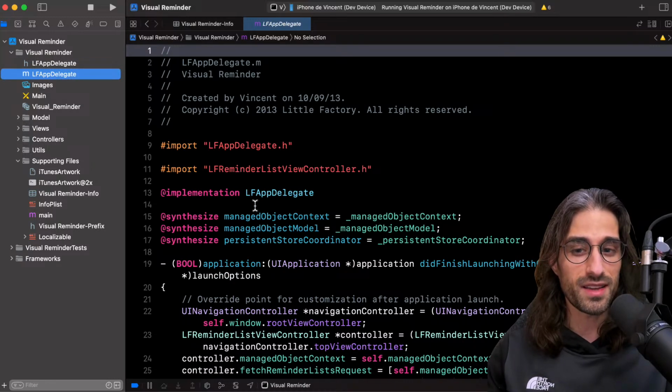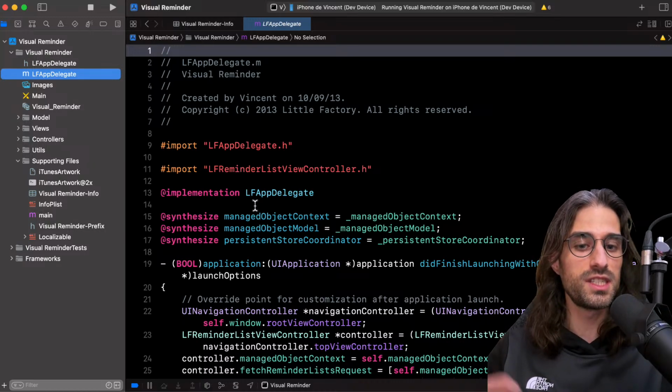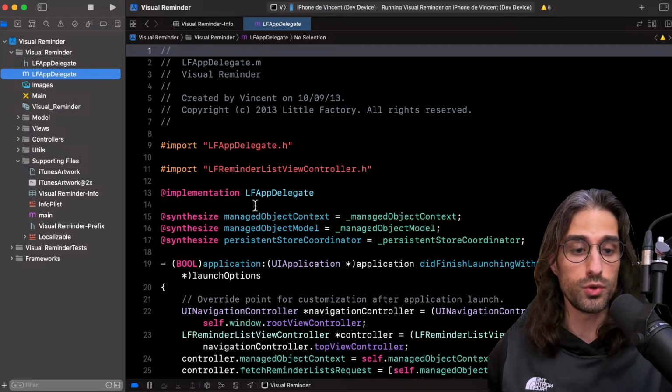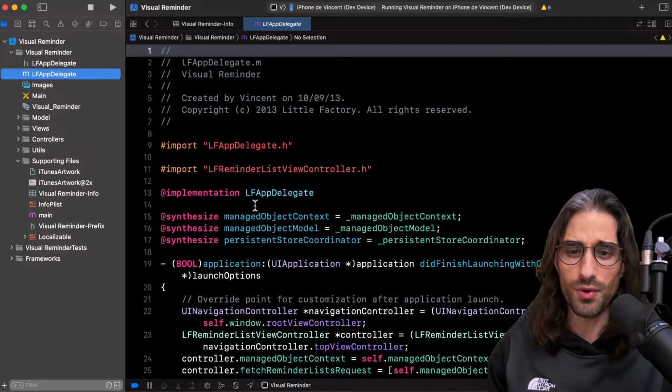Nowadays in Swift they are all bundled together because in Swift you put everything in a file and then, depending on the visibility you've given to your types, properties and functions, the compiler is able to generate a header for you. But in Objective-C, the headers and the implementation files are two different things.